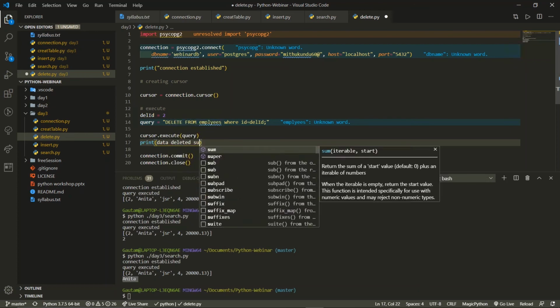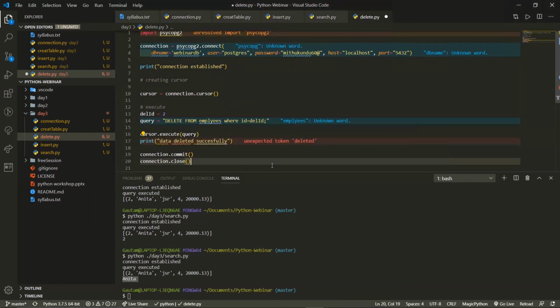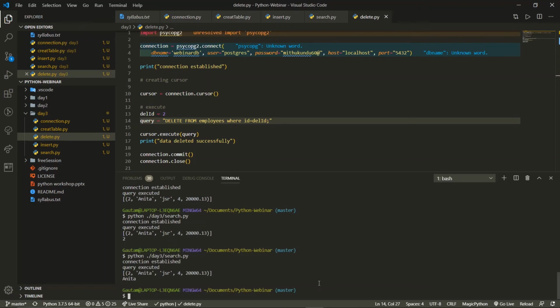This could be our print statement. Sorry, it should be in double quotes. Yeah, so this is done. There's a spelling mistake, as I have installed a spelling check extension so that I can easily check the spellings, employees. So all the spellings are now good, and now we'll execute this.